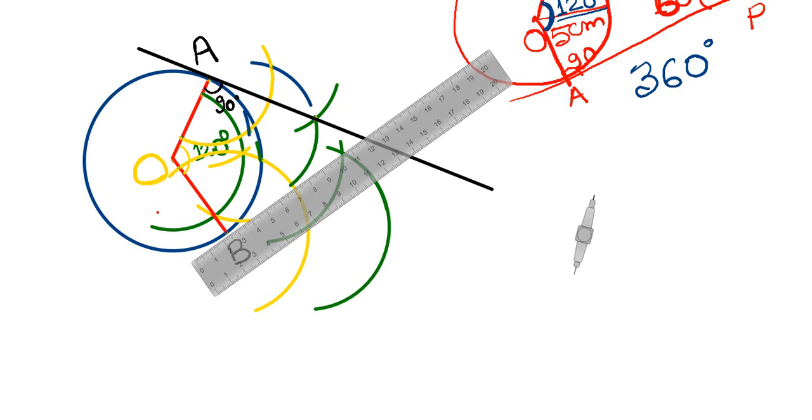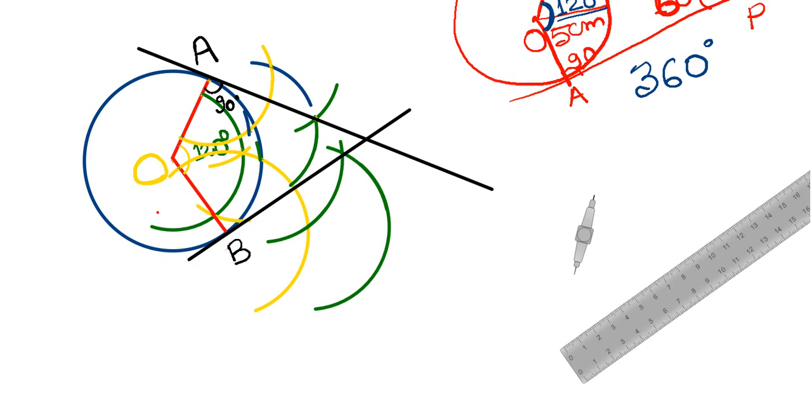We will get another tangent. Suppose the name of the point is P. So in this way we have seen